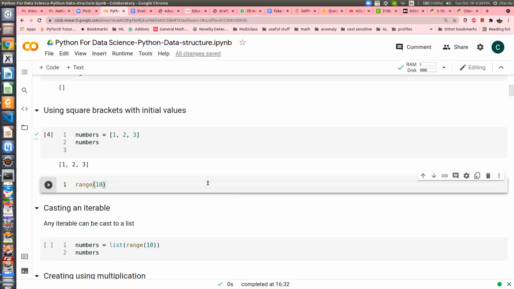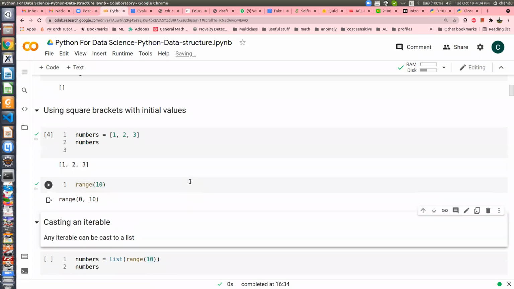Excuse me, sir. Actually, I have a question, sir. How do you create a new cell in the notebook? Press shift enter. Or, if you are using Google Colab, you just hover your mouse at the end of this cell, and it says code. Shift enter, right. Thank you, sir.